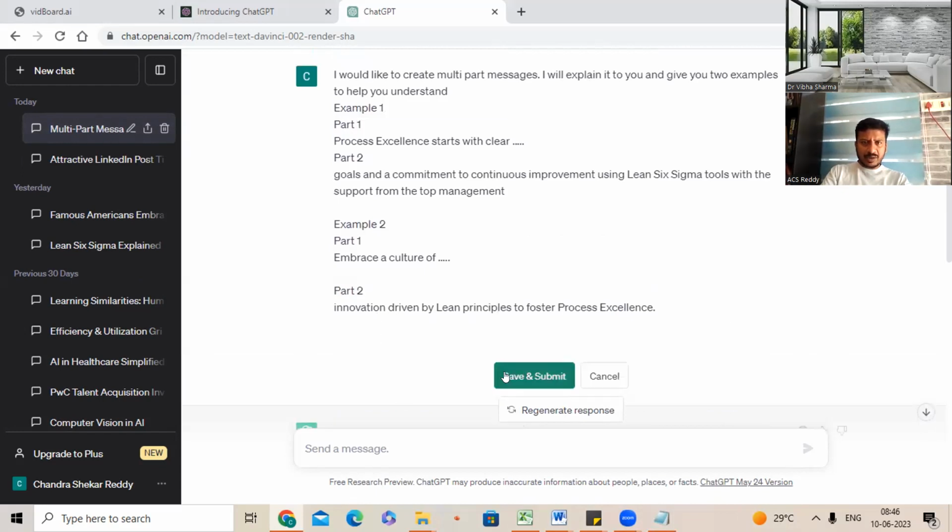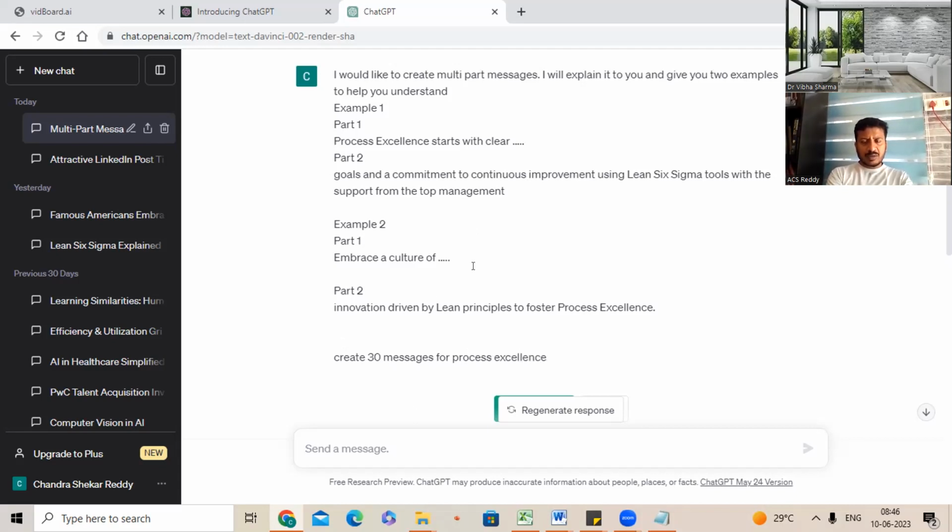Edit it. Right hand side top, it will give you an icon to edit. There. Then I will write: create 30 messages for process excellence in a tabular format, and put a line before it: these examples are on the theme of process excellence.